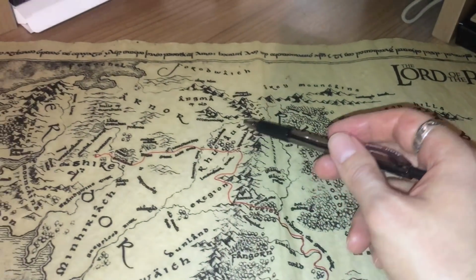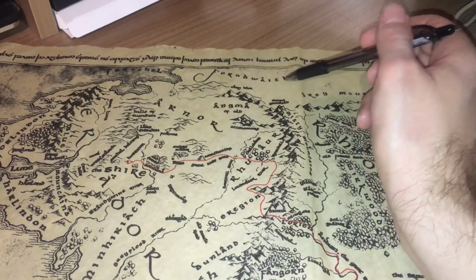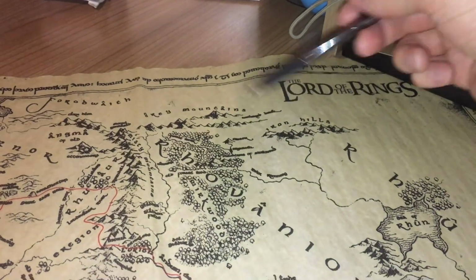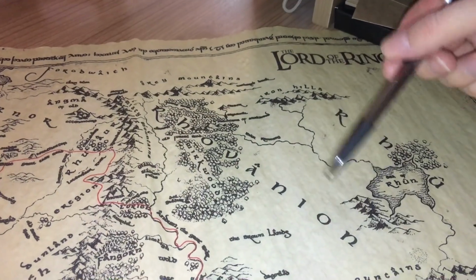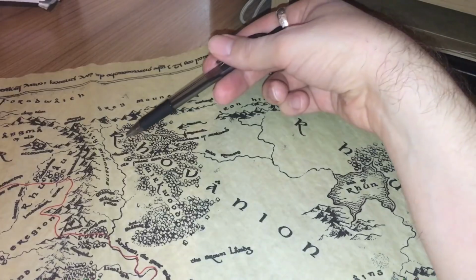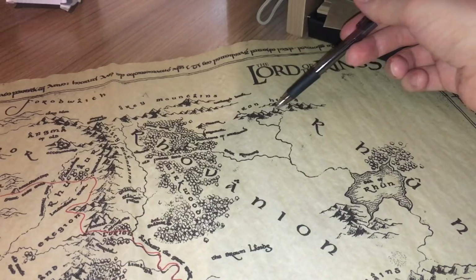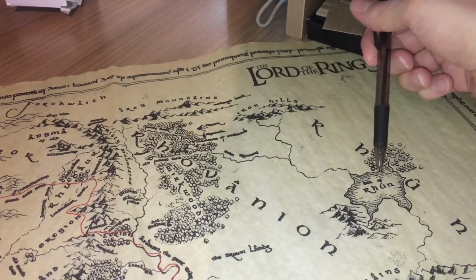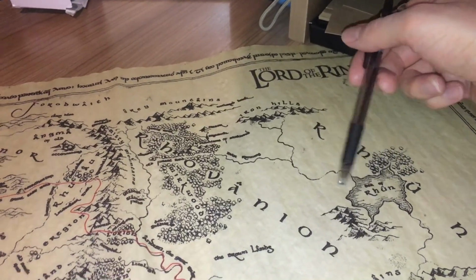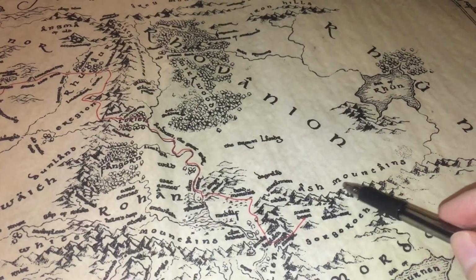The Shire is here, Angmar, Forodwaith, the north here, the Grey Mountains, the Iron Hills. We got Rhovanion, where the Mirkwood is, which became known as the Darkwood, where Legolas is from, the Iron Hills where Gimli is from, Shroon here, where the Sea of Shroon, Rhovanion, the Ash Mountains,